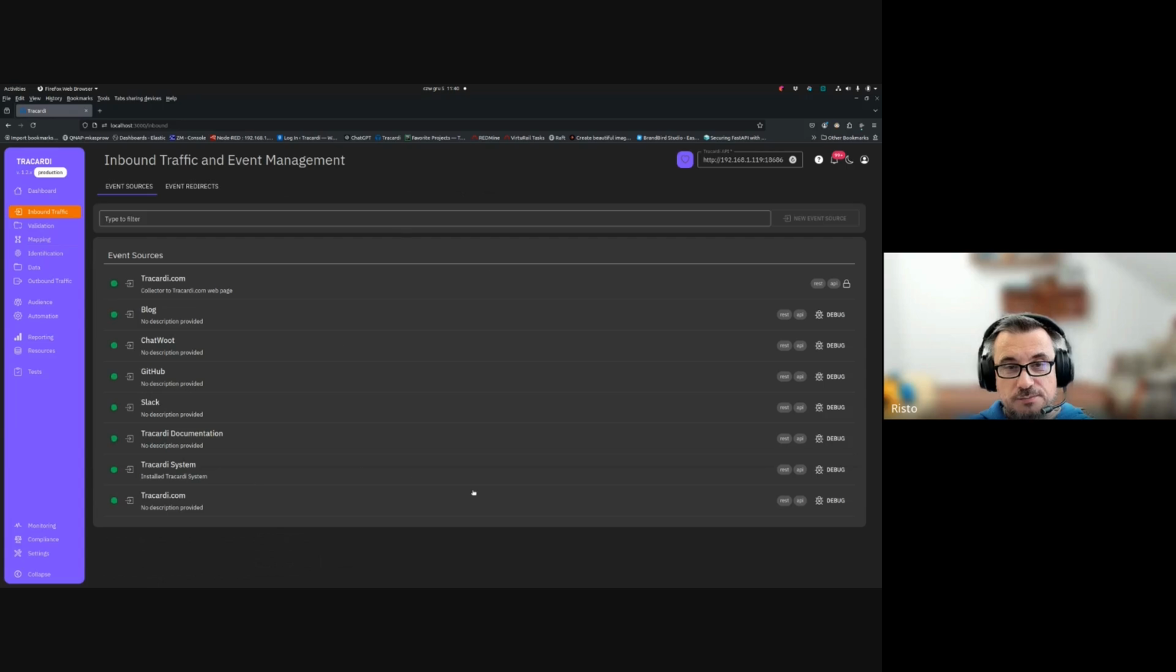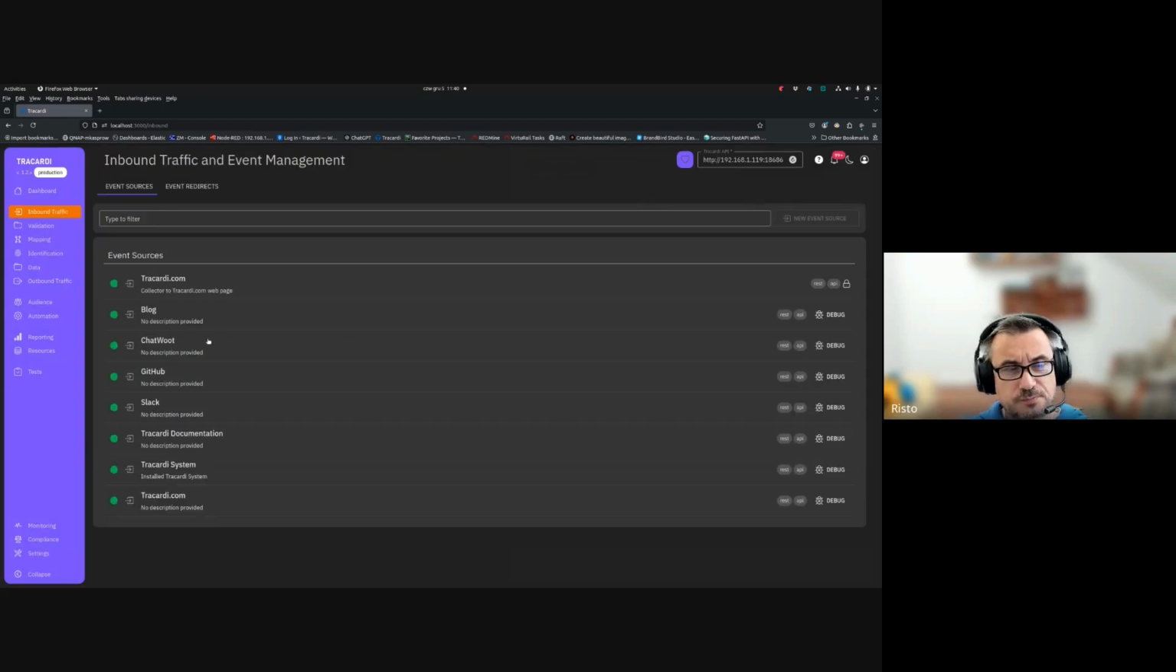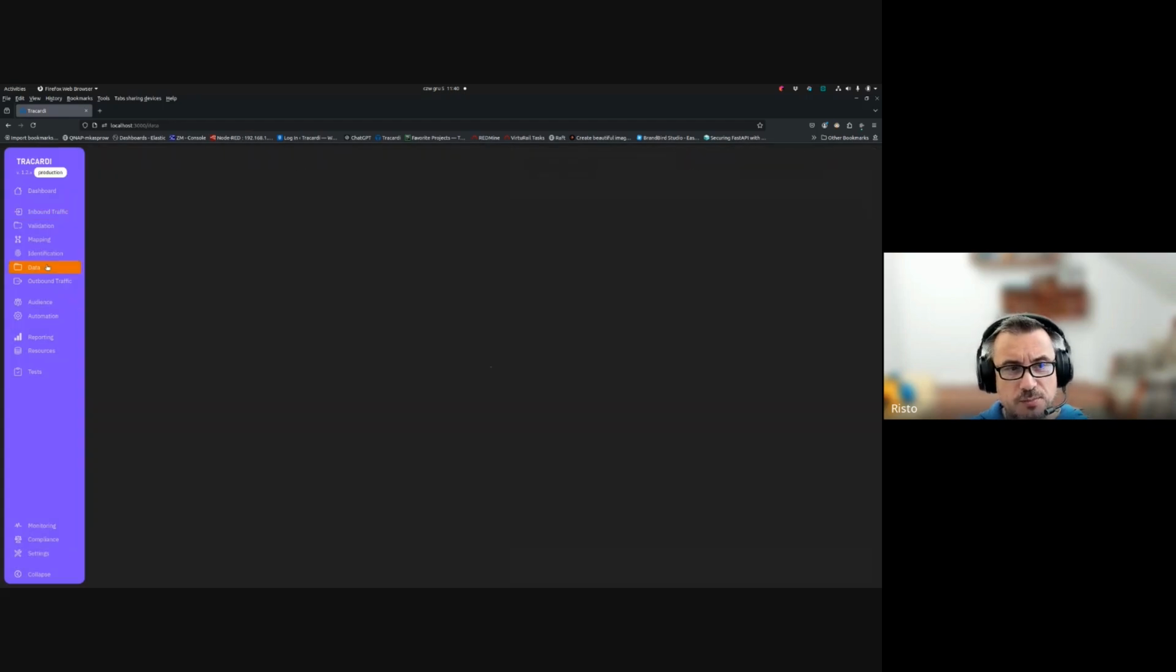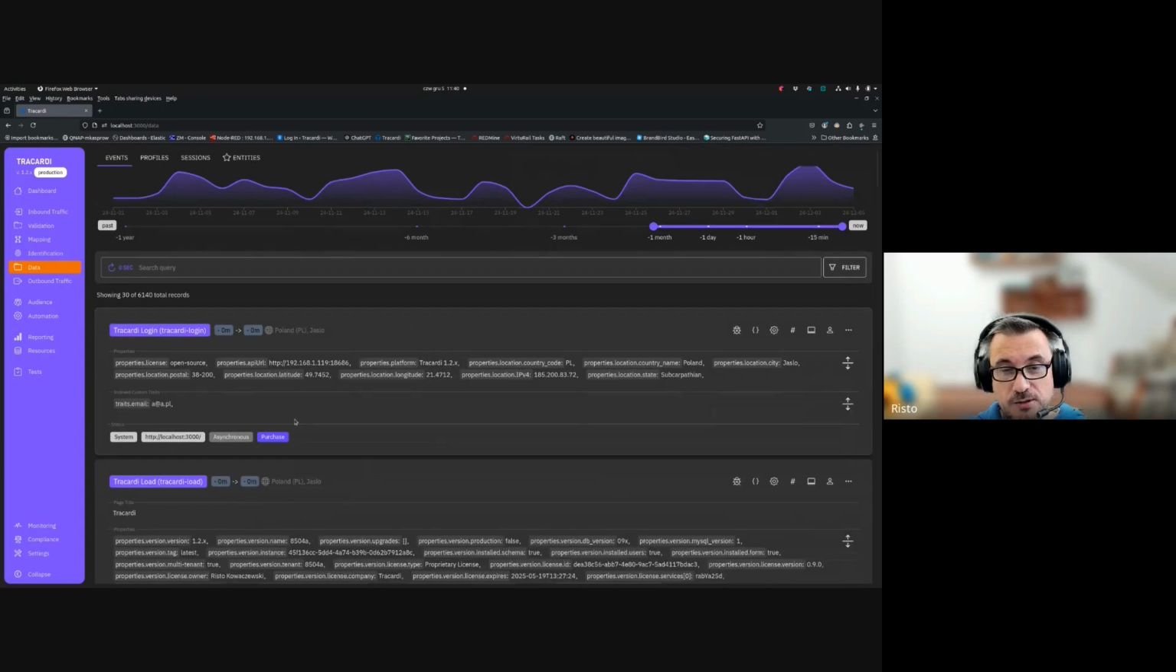Every part of configuring Tracardi will also be refactored, so we have less clutter on the screen. Right now, it's very similar to the old version with some minor changes, but more changes will be in the data, where we have less data in the cards. Only the most important data will be there. So, for example, I've logged into Tracardi, so we can see all the properties